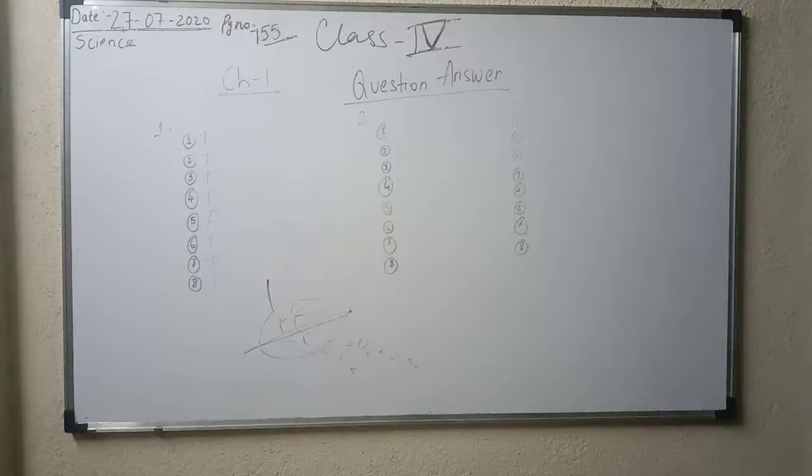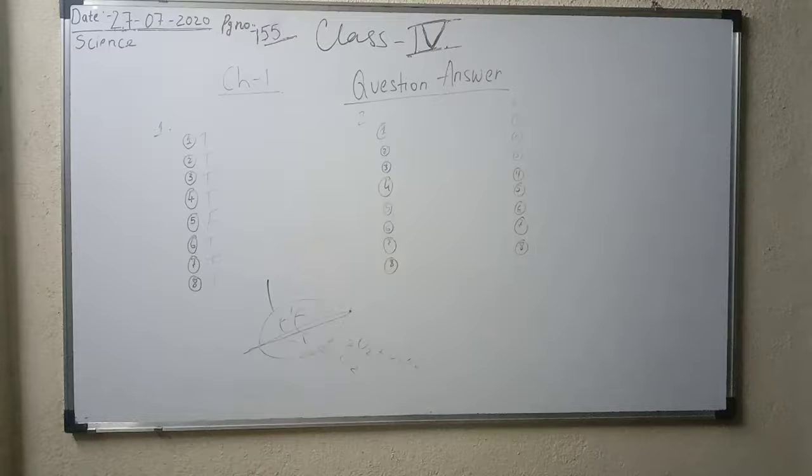This is your science class, and we were discussing the questions and answers of the chapter. Chapter 1, that is, Food: Plants, the Food Maker. So we are on the question and answer. In the previous class I was unable to write the answers on the board, so today you can write the answers in your notebook if you have not written them. I'm going to revise all those questions again, so I will start again with question number 1, and I will go a little bit faster.